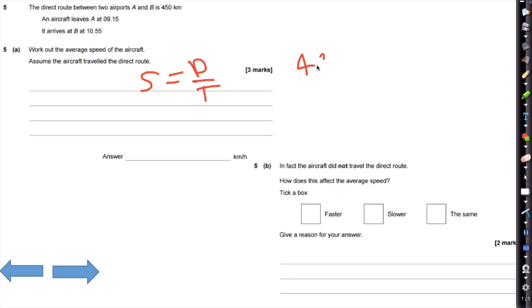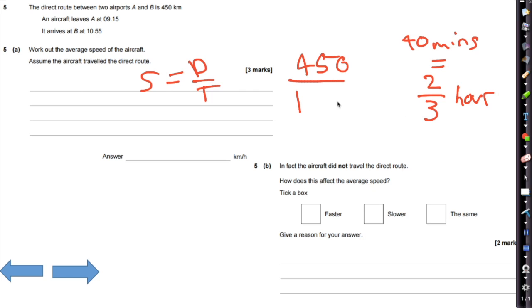So it's 450 over the time is 1 hour 40 minutes, but 40 minutes is 2/3 of an hour. So we can divide by 1 and 2/3. So 450 divided by 1 and 2/3, which would give us